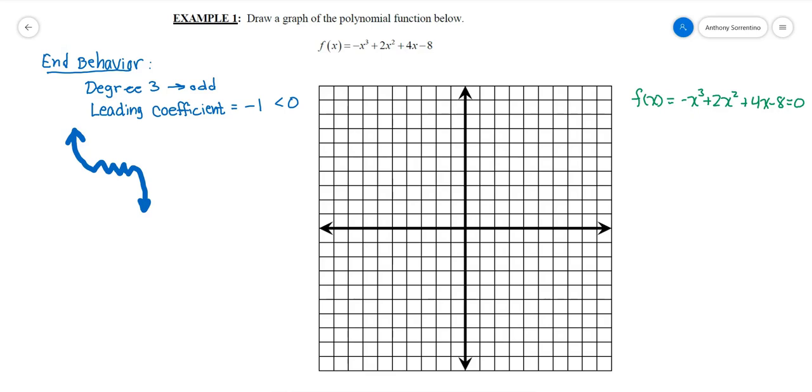So sometimes you have to look at them and have practiced these enough to find some of these things. But one of the things I notice about the function f of x is that it does have 4 separate terms: -x cubed, 2x squared, 4x, and -8. Those are all the terms of this